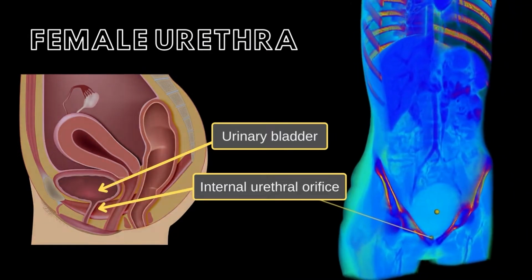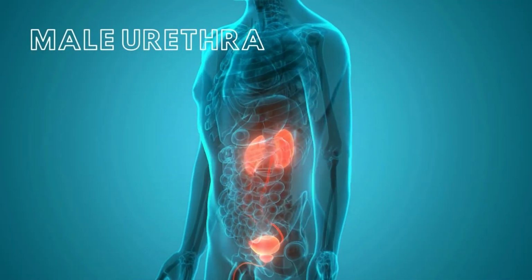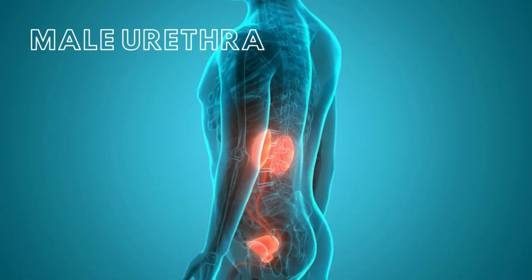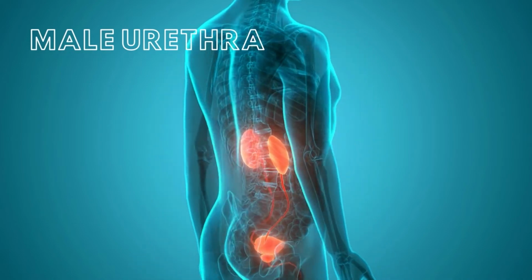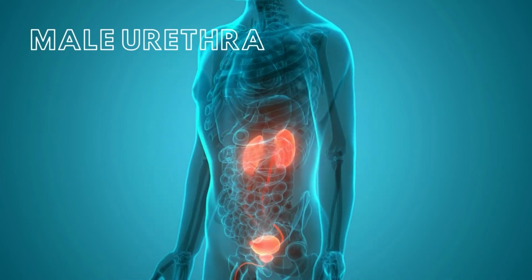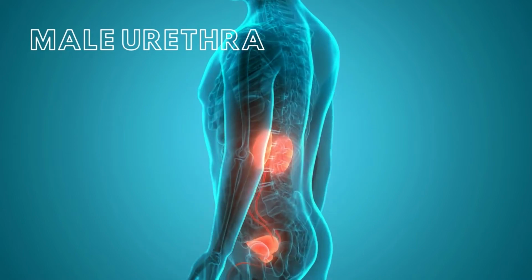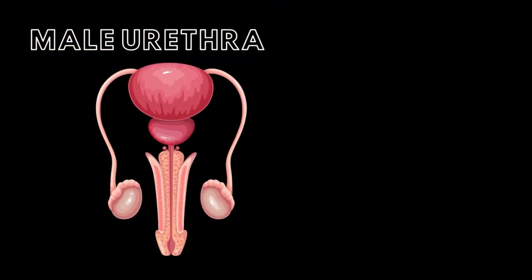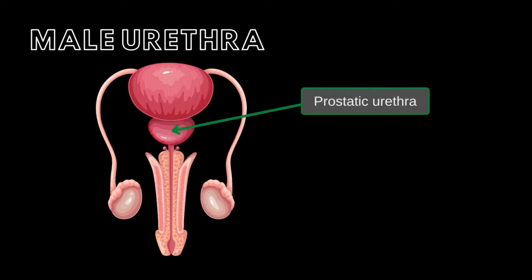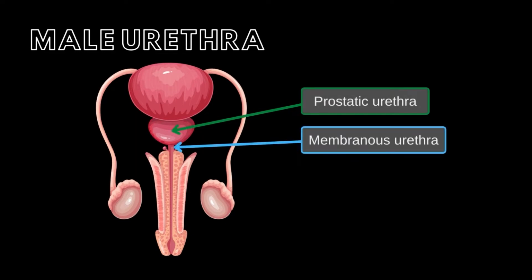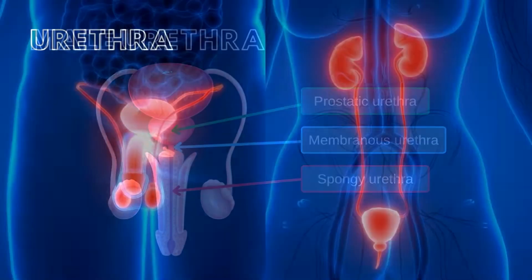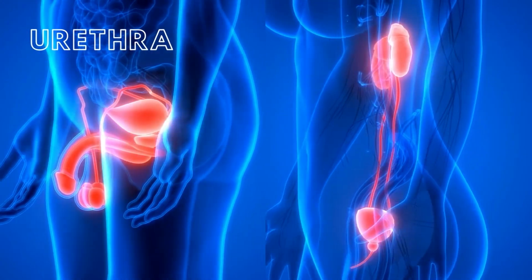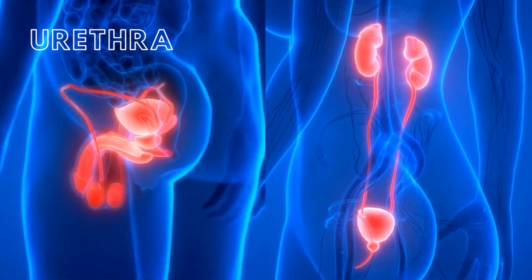The male urethra, which has 3 segments, moves inferiorly from the bladder, through the pelvic floor, and ends at the external urethral orifice, located at the tip of the penis. The 3 segments of the male urethra, from the most superior to inferior, are the prostatic urethra, membranous urethra, and spongy or penile urethra. In addition to the anatomical differences between the female and male urethras, there are also significant